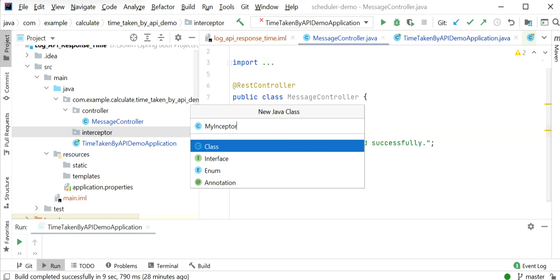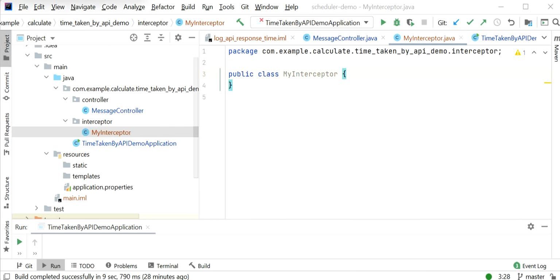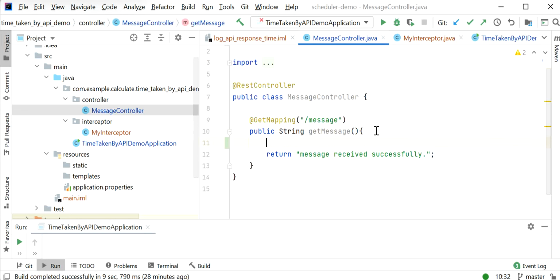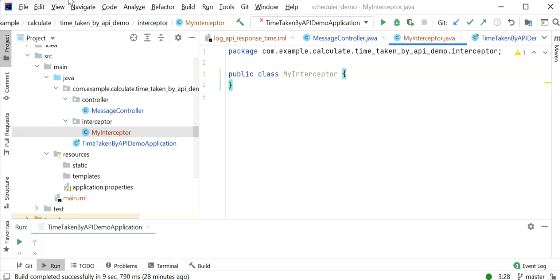Otherwise I would go through each API and print the start time and then the end time, which would increase the lines of code in each method. So here I am going to use an interceptor.